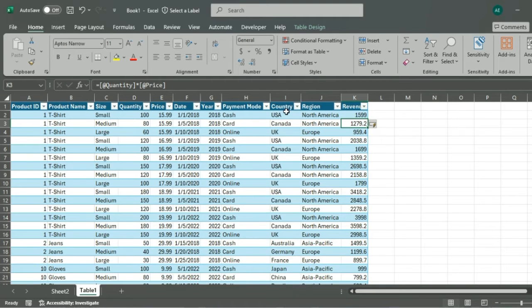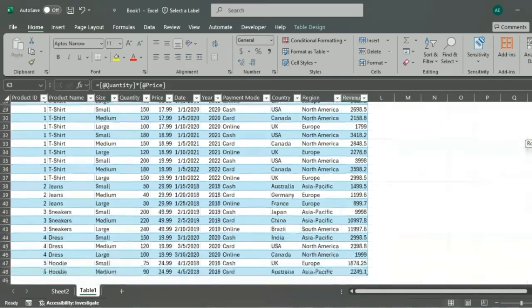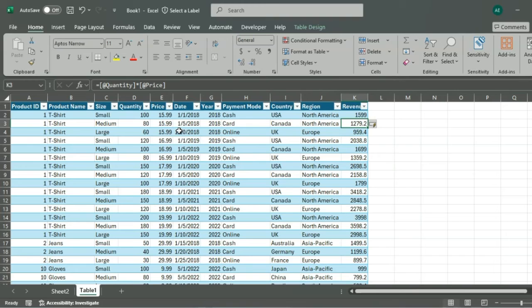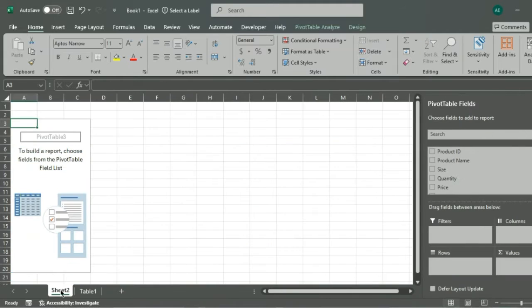So boom, because it's in a table format, of course we got all answers without having to click anything. So yeah, I have my revenue. So as I said, the first question I'm asking this data is how much revenue was made. So I'm going to do that by